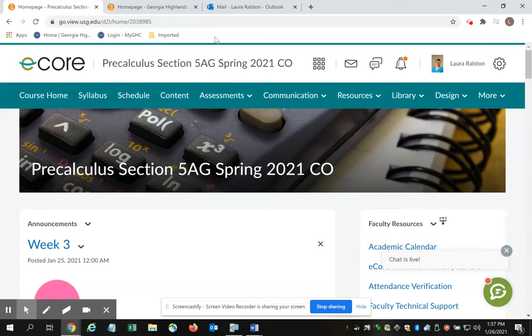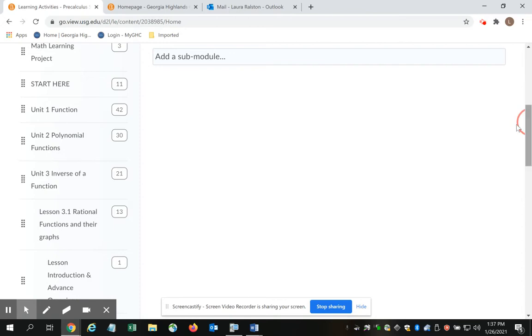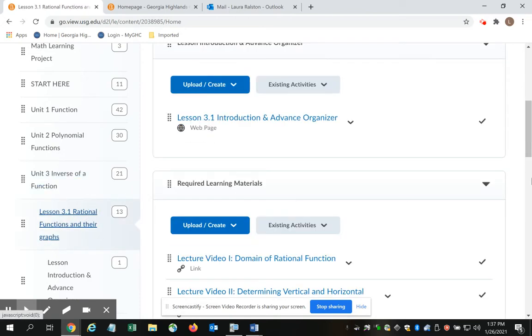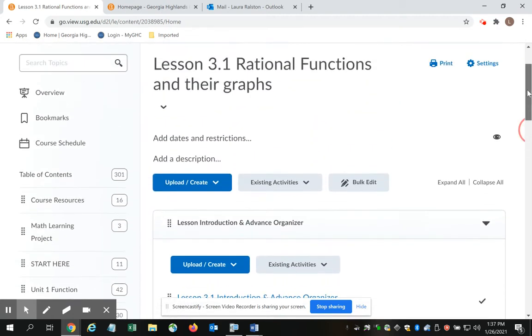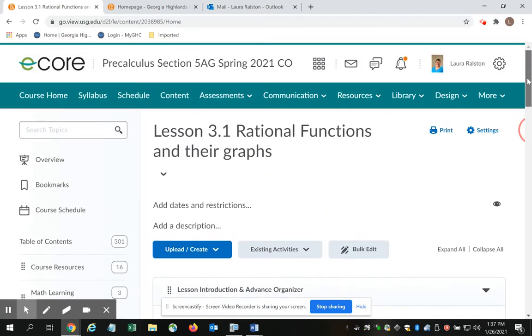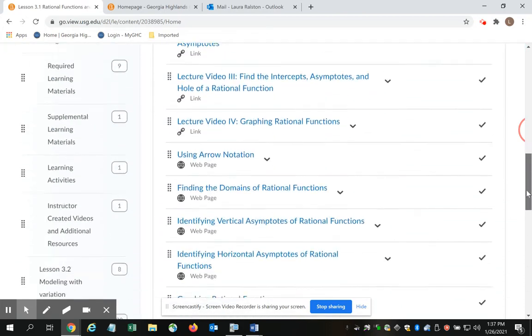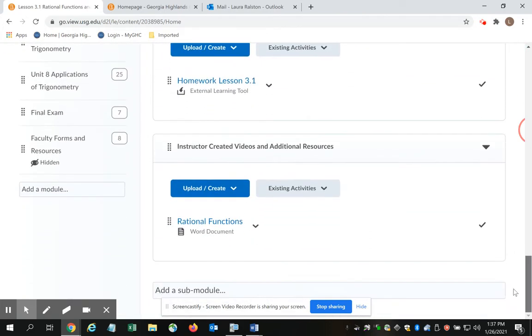Several of you have mentioned having difficulty with the rational functions, which is in Unit 3, I believe, Lesson 3.1. One thing that I'll direct you to is, if you go to Lesson 3.1, Rational Functions and Their Graphs, and scroll down, you'll find the instructor-created videos and resources. At the moment, there are not any videos, but there is a Word document which really gives you an